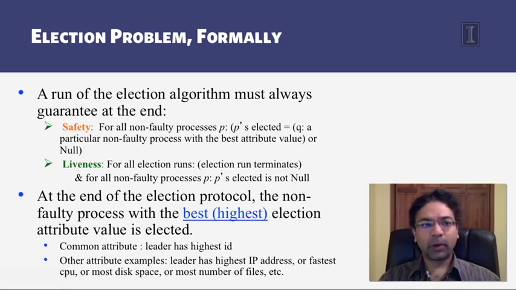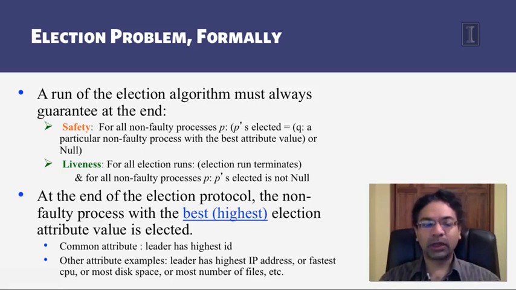So a little bit more formally, a run of the election algorithm must always guarantee two properties at the end. The properties are safety and liveness. Safety, once again, just to remind you, is the property that nothing bad ever happens. And in this case of the election, safety says that for all non-faulty processes P, P's elected variable, which stands for P's vision of who the current leader is, should either be Q, a particular non-faulty process with the best attribute value. I'll talk about attributes in a little bit, but essentially assume that each process in the group has an attribute,